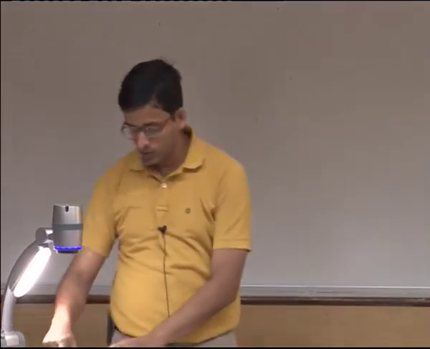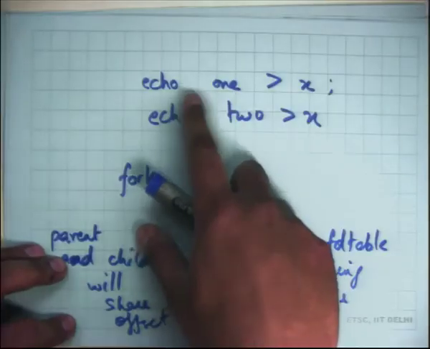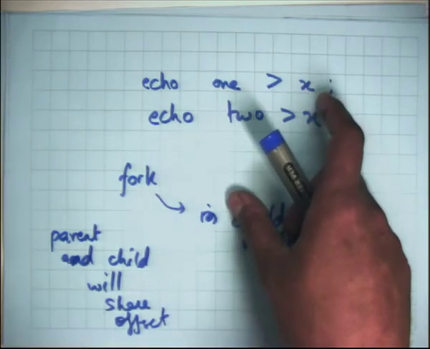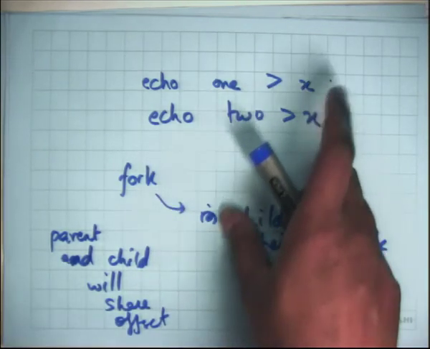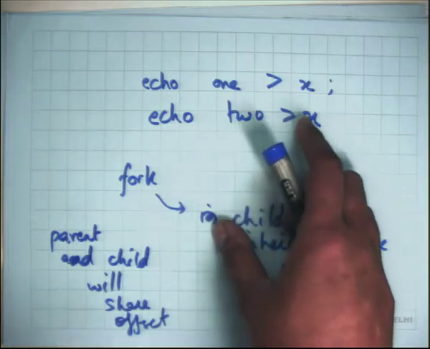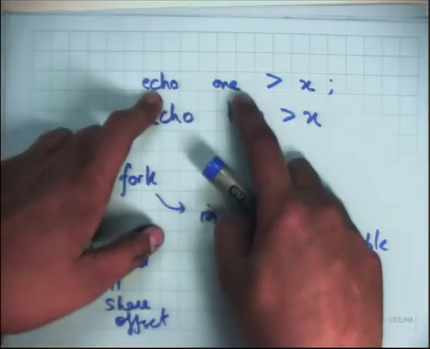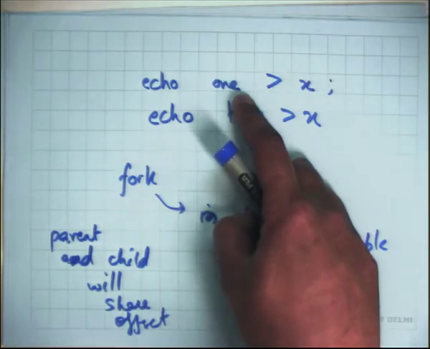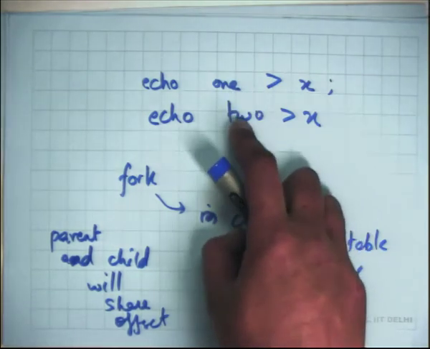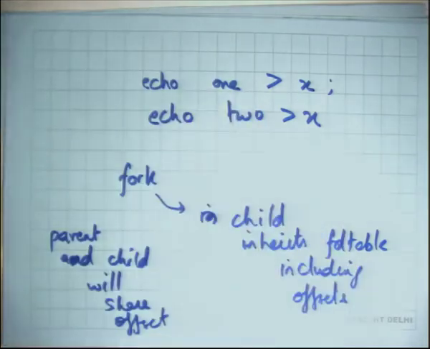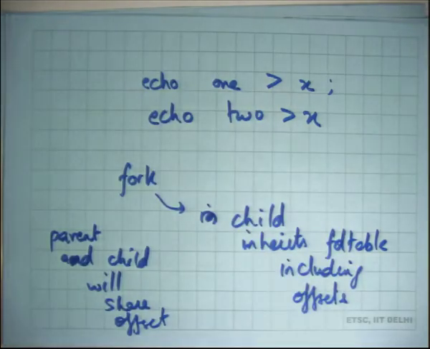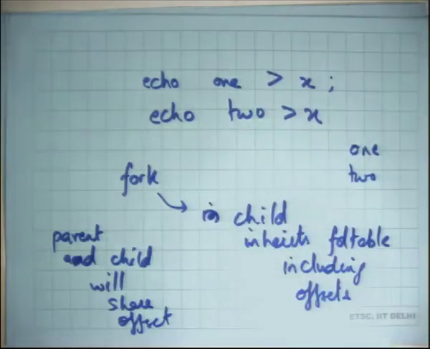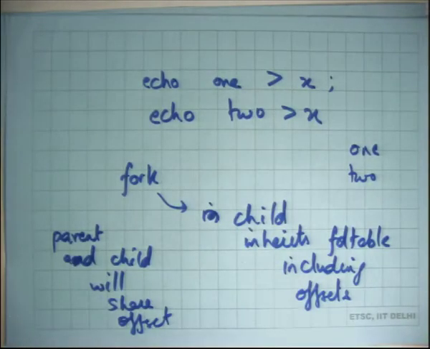If you can do some synchronization of this type, that first you were going to write 1, then by semicolon you basically mean that you're going to wait for the first process to exit before you spawn the second process. Automatically what will happen is that the first child process incremented the offset, and so the parent's offset also got incremented, and then the second child process saw the updated offset. So you basically see 1 and 2 in the file. So it's possible to do this.